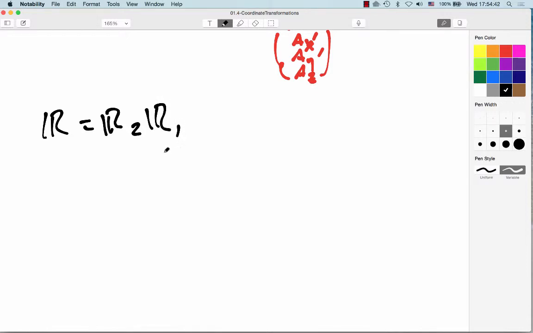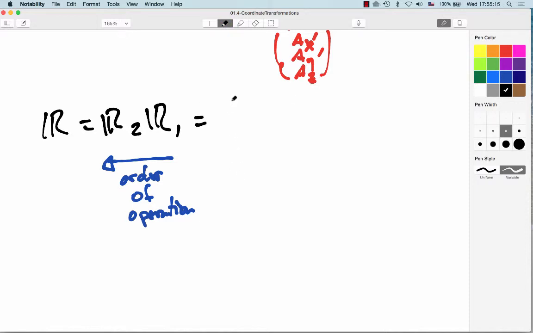So when you look at these operators, the way you should think about them is to look at them from right to left as the order of operation. This means we first do the rotation with the R1 and then the R2 rotation. So first rotating about the z-axis, then rotating about the new y-axis. Anyway,